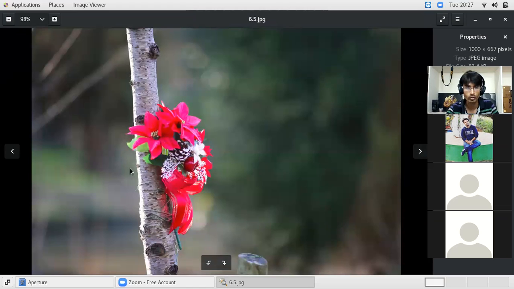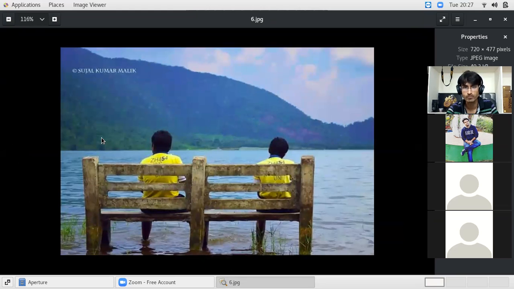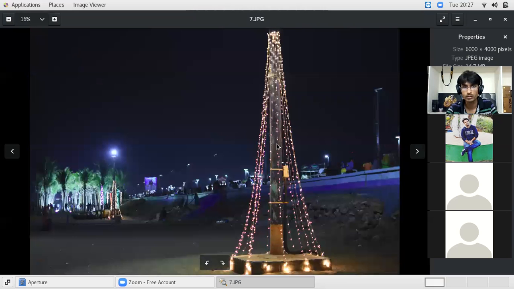So for this type of photo, subject in focus and background out of focus, we need a bigger aperture, smaller f value, something like f1.4. For landscape photography, where everything should be in focus, that is the desired thing, we need a smaller aperture and bigger f value, right? So this was the concept. For night time, if you want to take photos, try to take a photo with a bigger aperture.